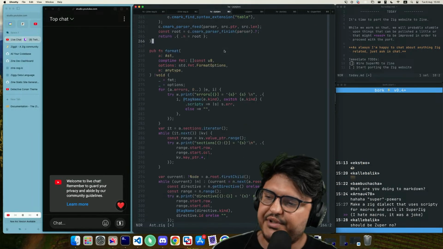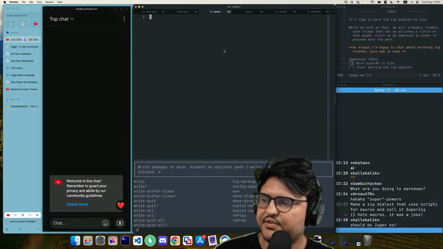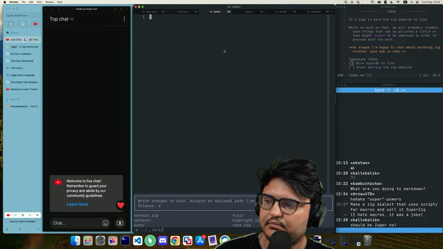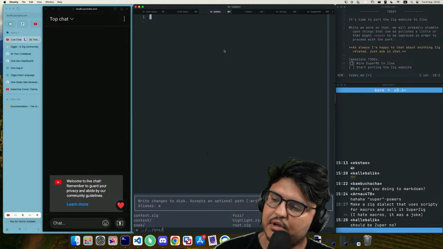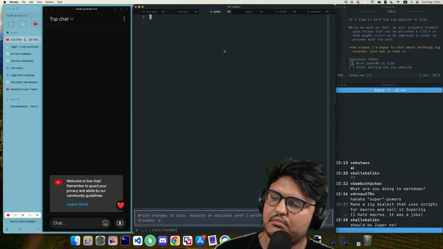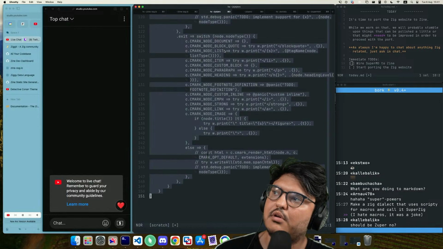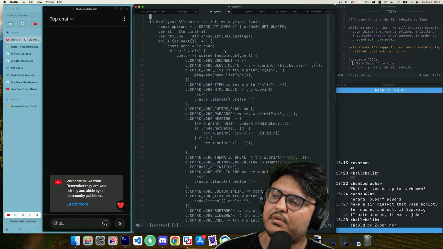You know what? I'll put this in a new file, because I think this should probably go into something like renderers. And then there's html.zig, and this has this.